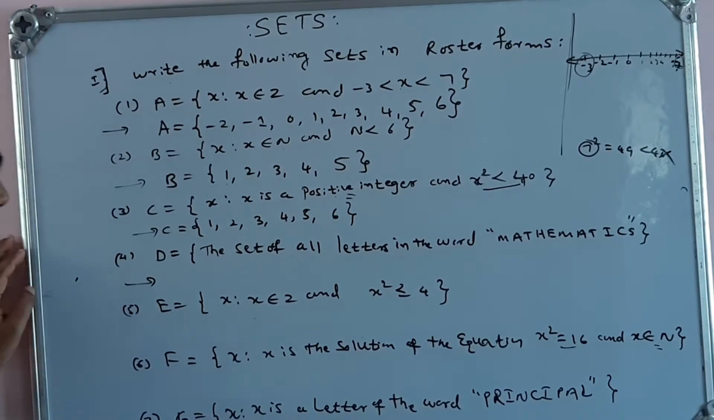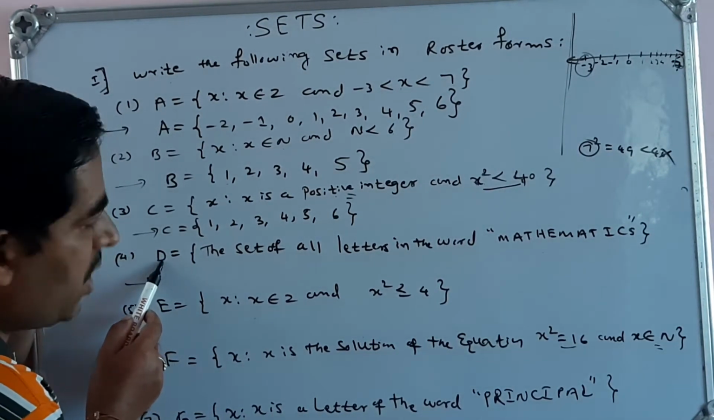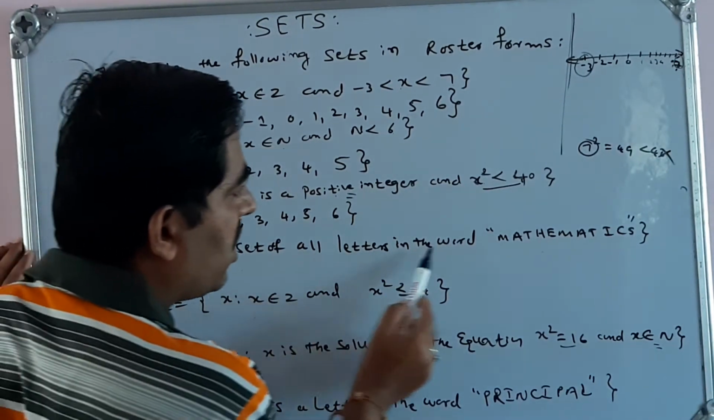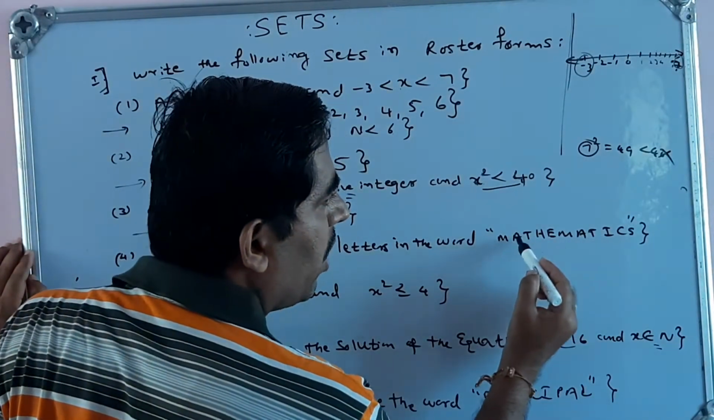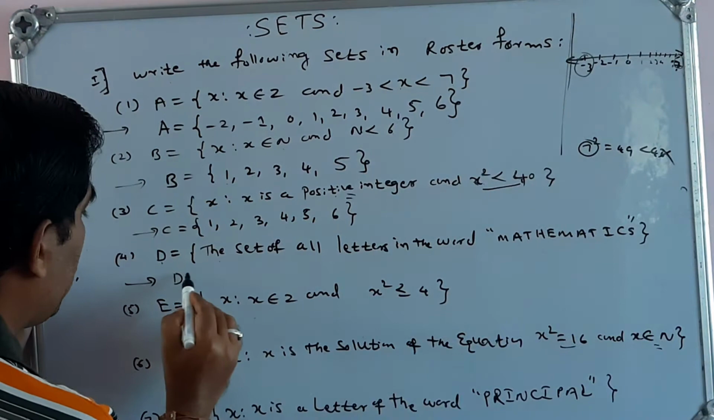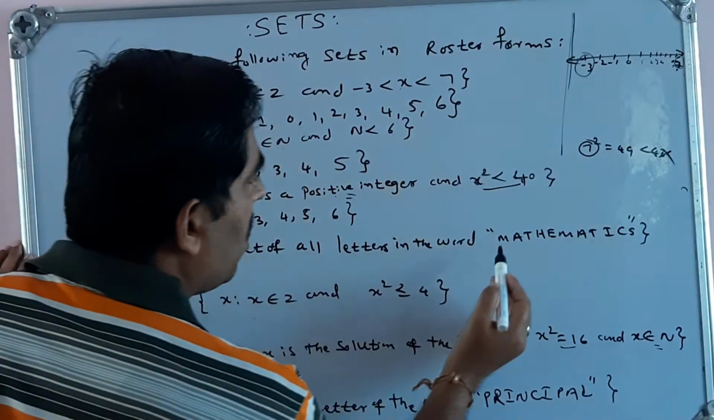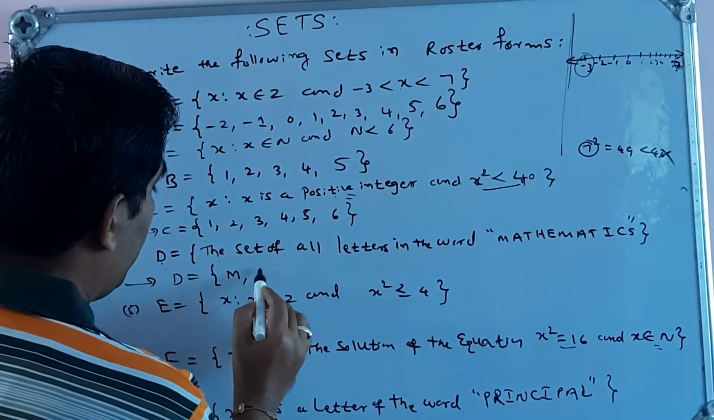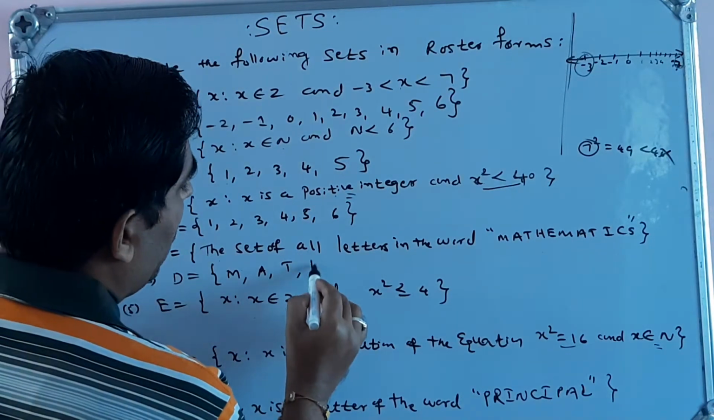Then I can go for the next set. D is equal to, what is the set given? The set of all letters in the word mathematics. Here observe each of the letters. So you write the set of all letters. What are the letters here? I will write the letters: M, A, T, H,